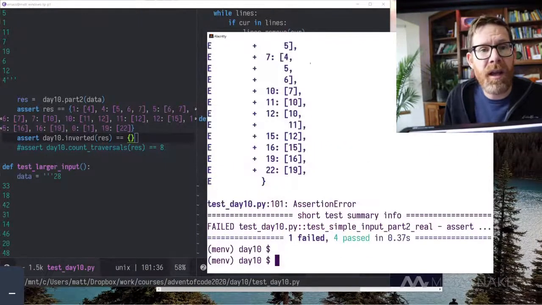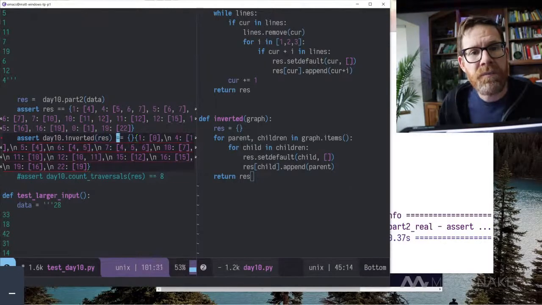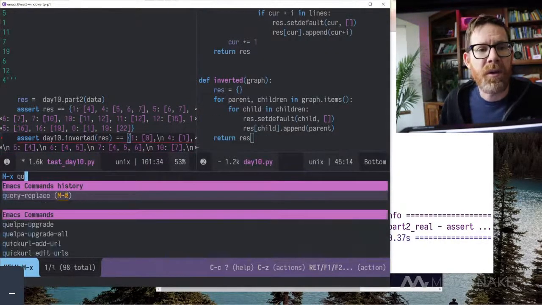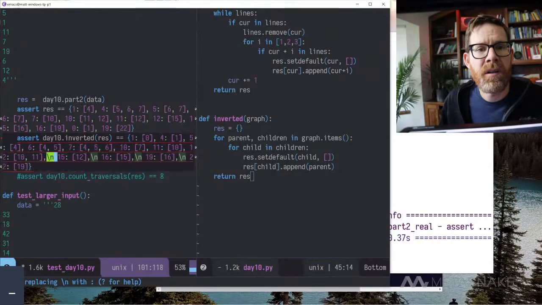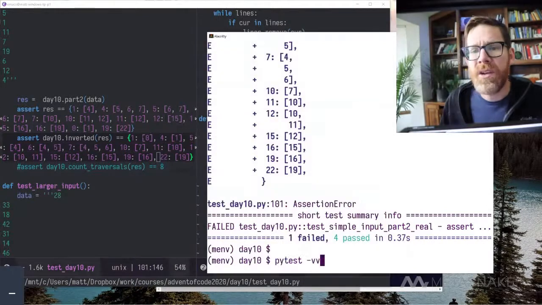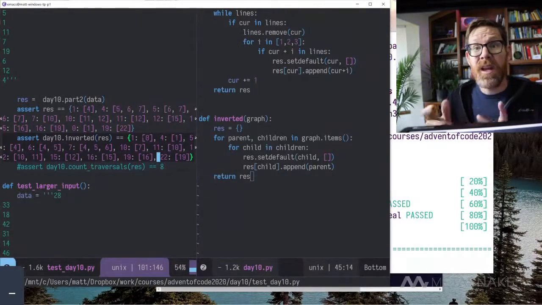I'll copy that and stick that in right here, just to make sure that I'm testing that. I'll do a query replace, get rid of those new lines in there, and let's just run it again, make sure that it works. Okay, cool. So we've got our inverted dictionary.